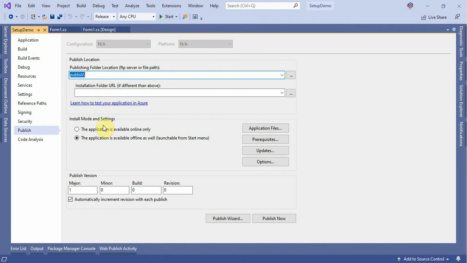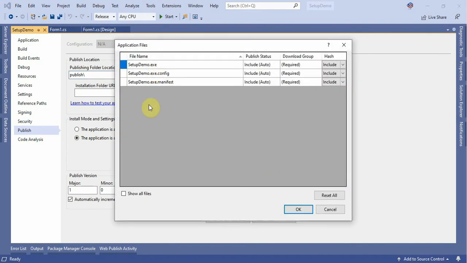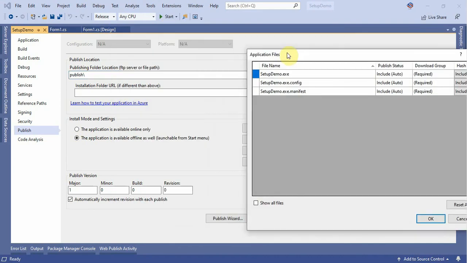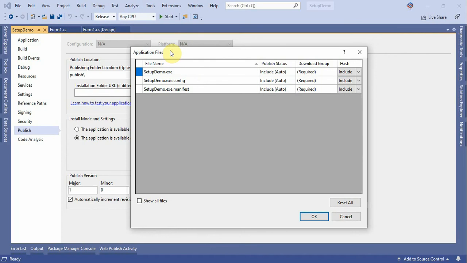And then go to signing, publish. Here you see the publish folder location where you want to save the exe file after publish, and here is the installation folder, and here is the application files. In case you are using third-party materials, add these materials here manually like this.